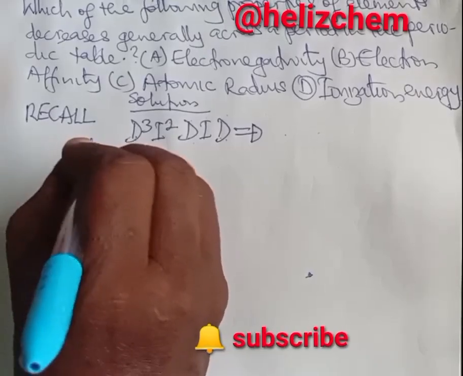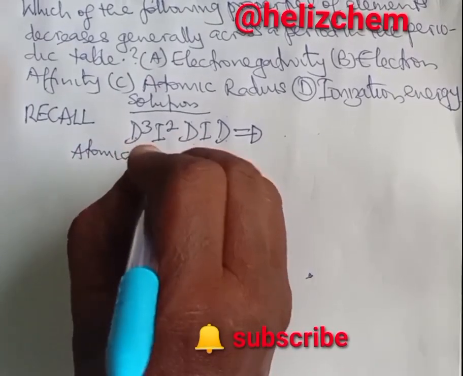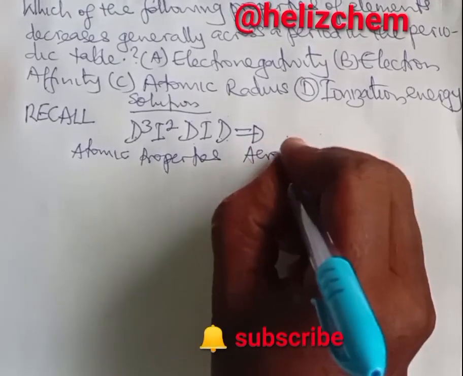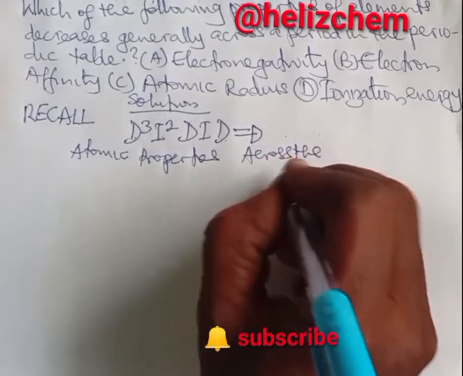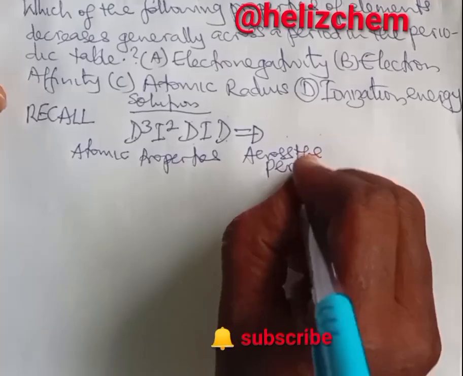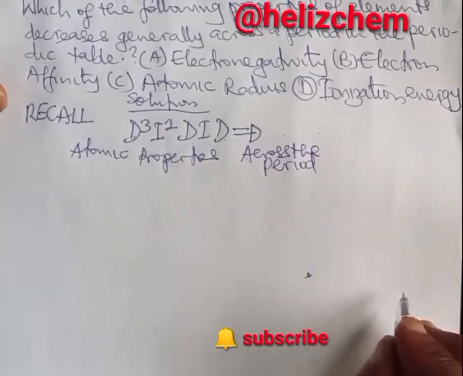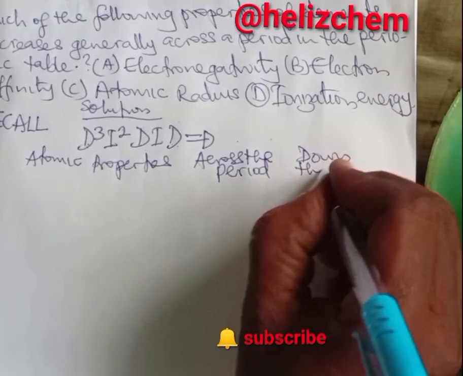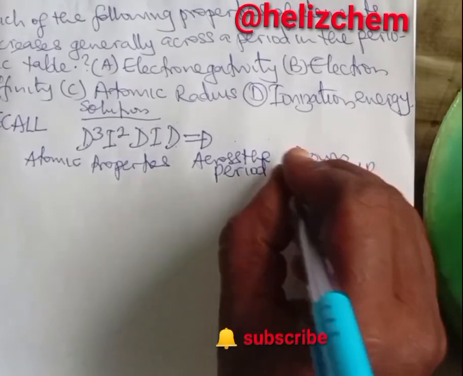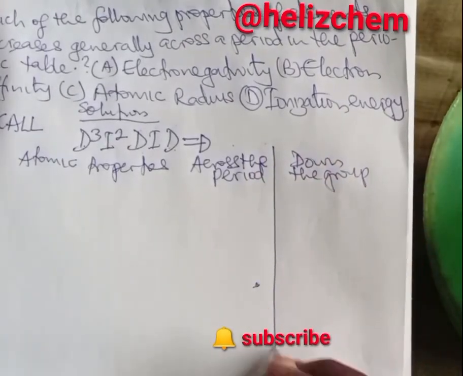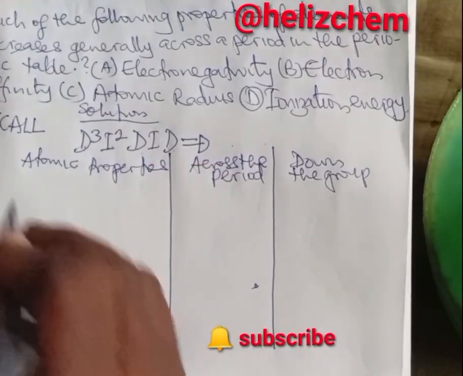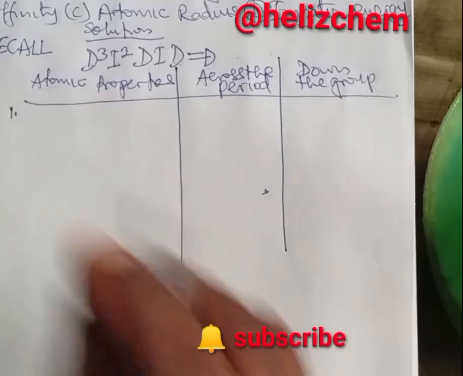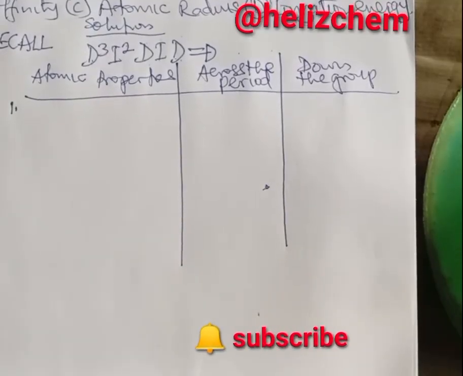Now, atomic properties across the period, down the group, then you make a tabular form like this, and we are going to list all the atomic properties. Let us take them